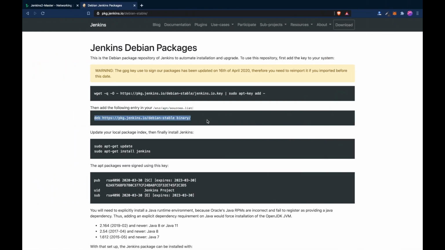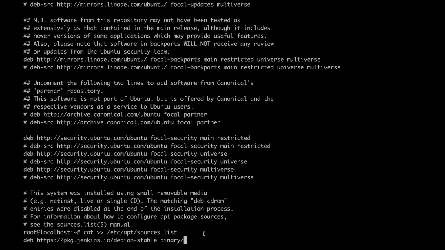Adding the entry to the file. So here I'm using the cat command to add the entry to this file at the end of the last line. So I have used two arrows. If you use a single arrow, the file will become empty and it will create a new file. So use two arrows